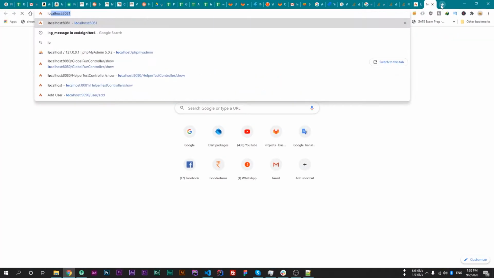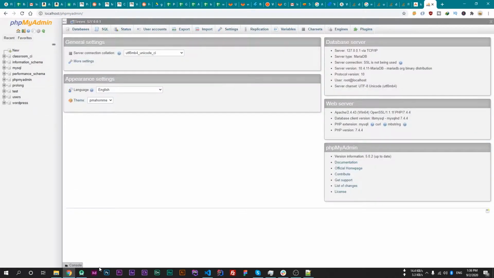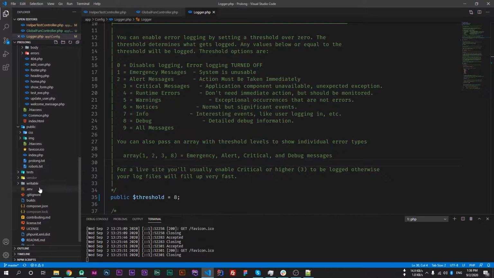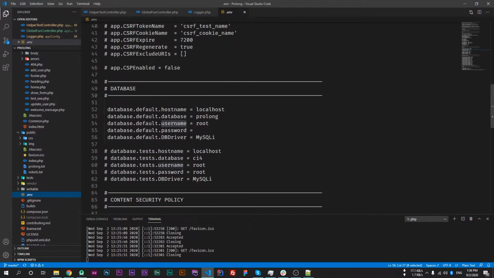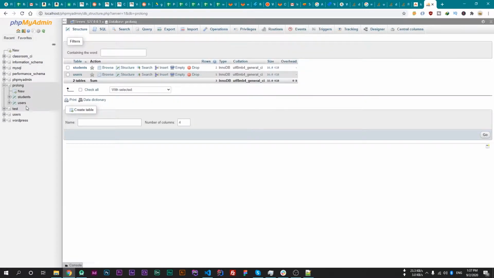So let's open phpMyAdmin. So inside our project, I'm using the Prolong database. So go inside the Prolong database. So there are two tables, students and users.